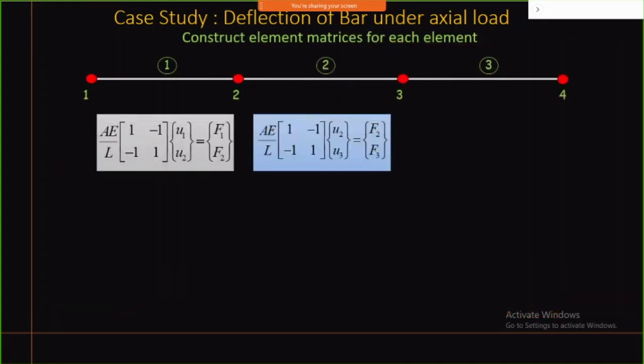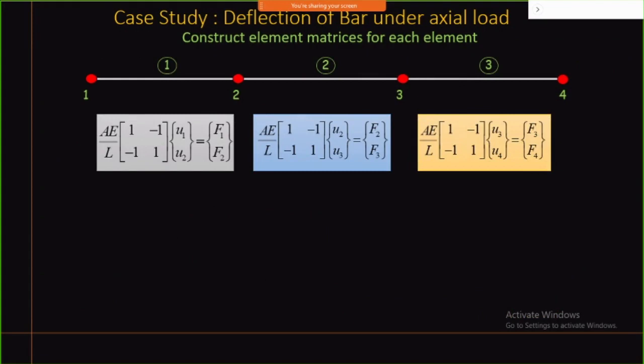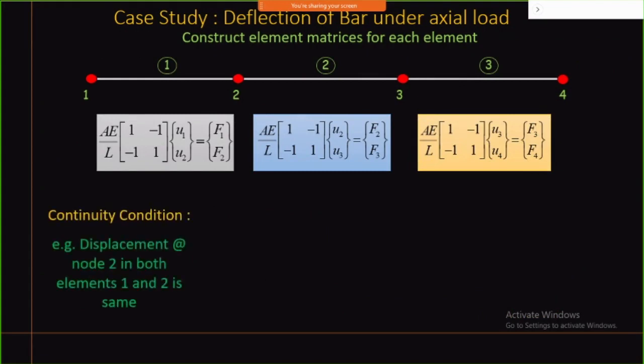And then we are going to combine these equations for all the elements. And then we have seen the continuity condition, that is the displacement continuity. Node number 2 and node number 3 are nothing but common to element number 1 and 2. So this equation and this equation will be added.